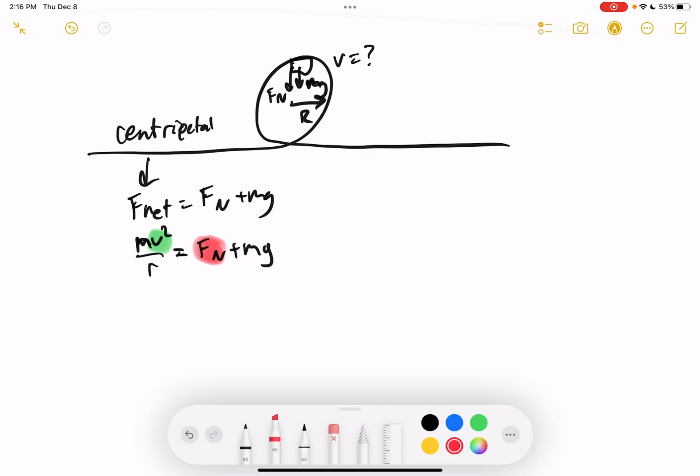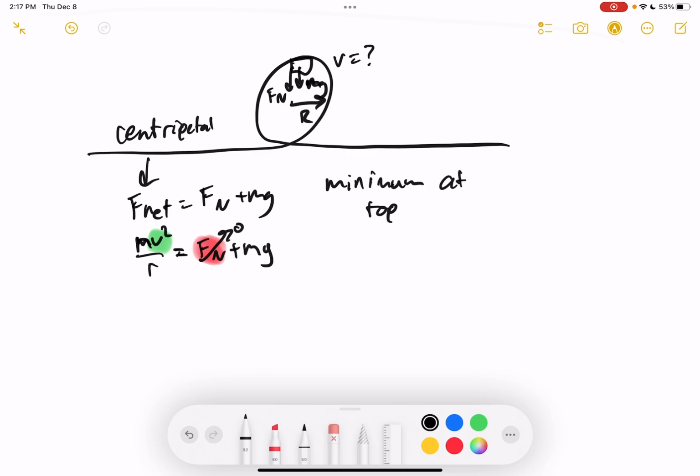If the track is too weak, the block would break that track and fall off. So in the opposite way, if I want to go slower, then I want to make Fn as small as possible. Now the smallest possible value for Fn is just 0. So when I'm looking for a minimum speed of going in a loop at the top,